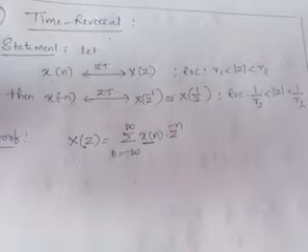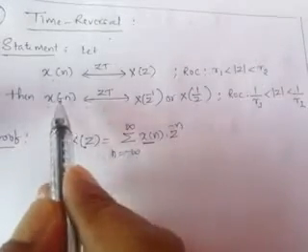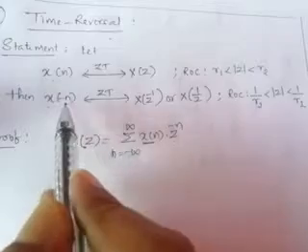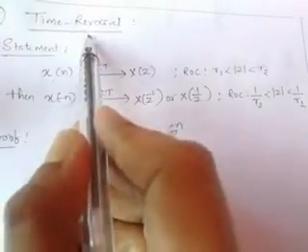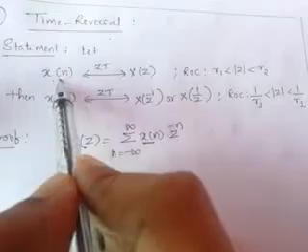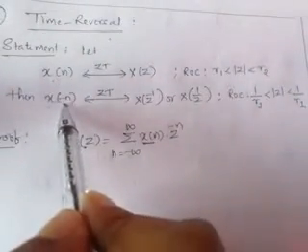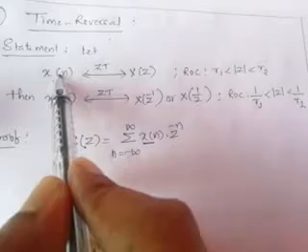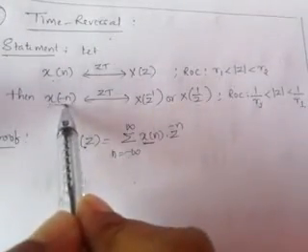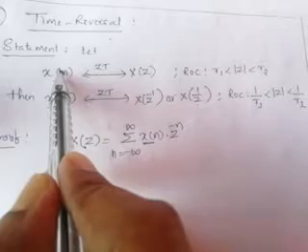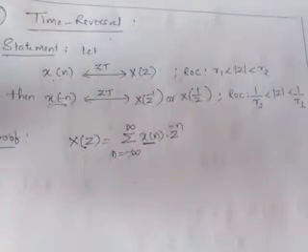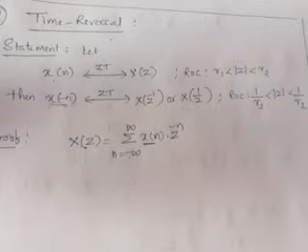Okay, fine. Now we know what x of minus n is. X of minus n is the reflection or time reversal of x of n, or we can say x of minus n is the reflected version of x of n. What does it mean? Simple thing. How to find the time reversal or reflection of a given sequence is simple: replace n by minus n. That will give the reflected version, or we can say the mirror image of that sequence.